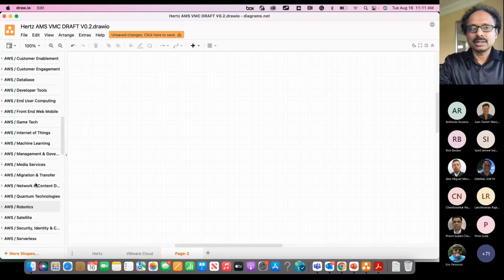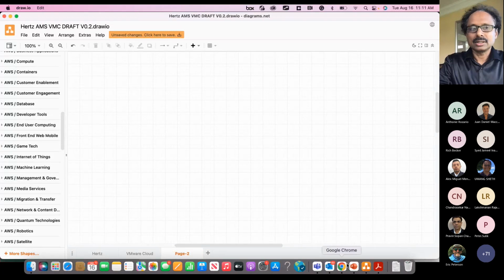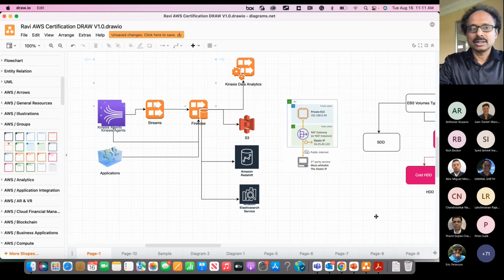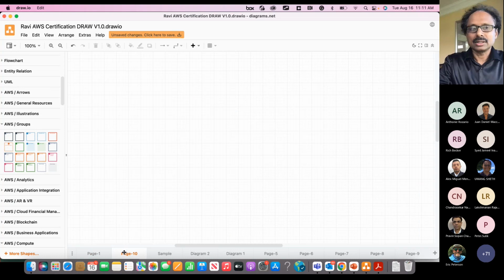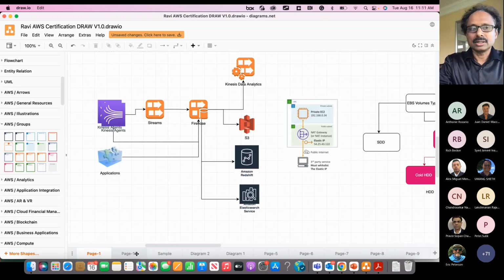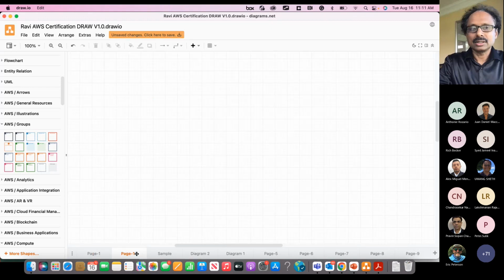For example, let me show you a couple of things here to help you create the architecture diagrams. This is a sample architecture diagram for AWS. I have a lot of templates I created over a period of time, especially for AWS migrations. Let me know if anybody is interested in getting that template for the AWS diagrams, because I don't recommend creating it from scratch. There are a lot of diagrams created for several use cases, depending on which services people are using, and then we should be able to customize that diagram for our customers.